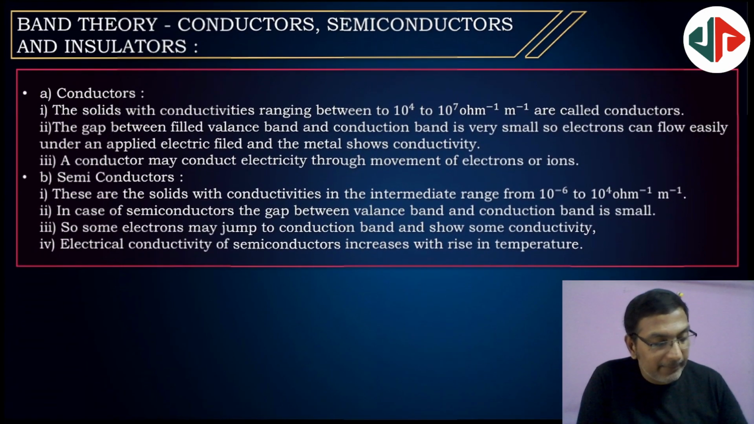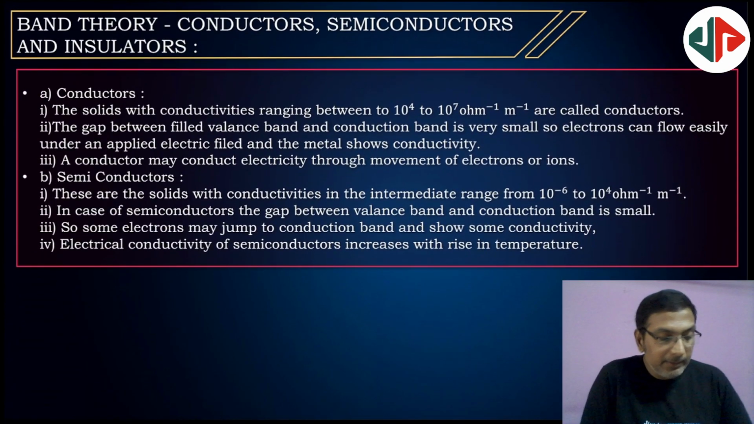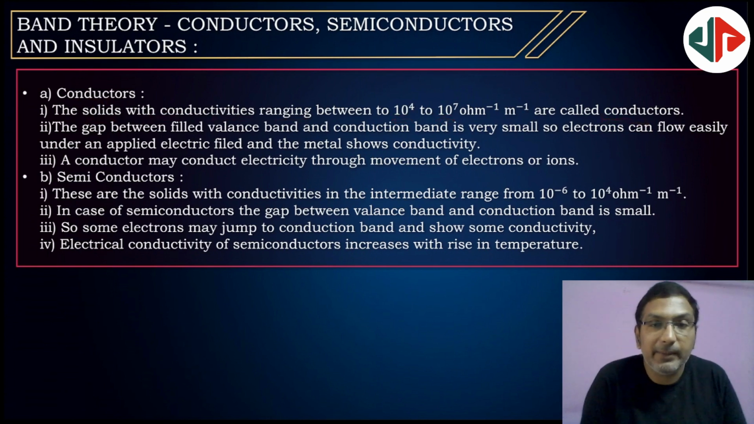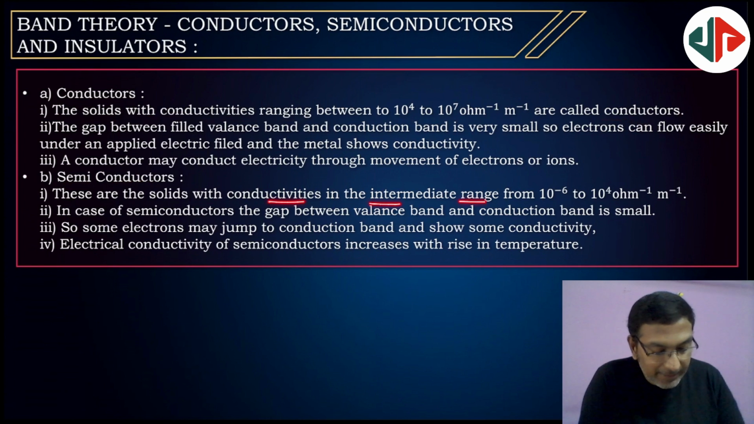So, band theory. Here conductors, semiconductors and insulators. See, first conductors. These solids with conductivities ranging from 10 power 4 to 10 power 7 are conductors, high value, very high value. Next, semiconductors, conductivity in between 10 power minus 6 to 10 power 4. Next, in case of